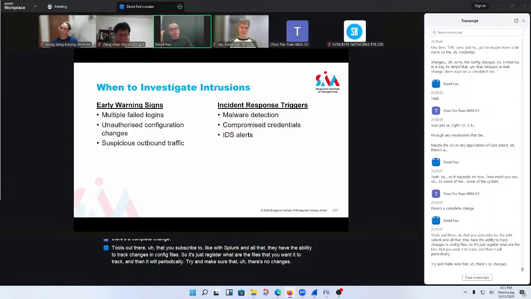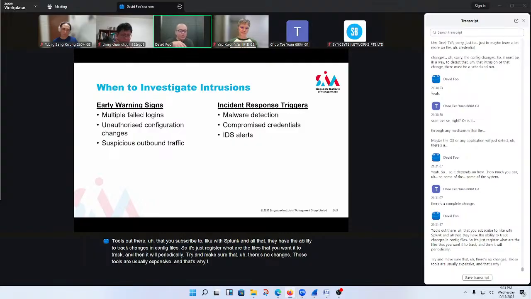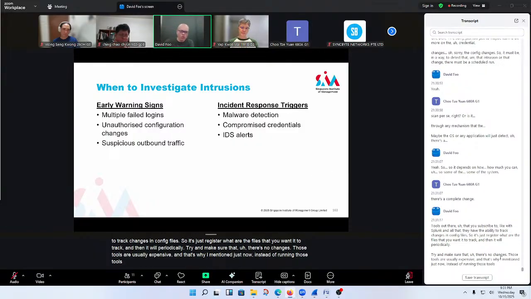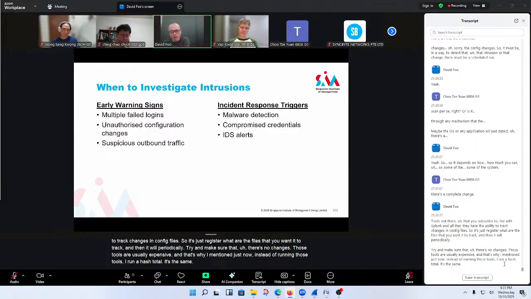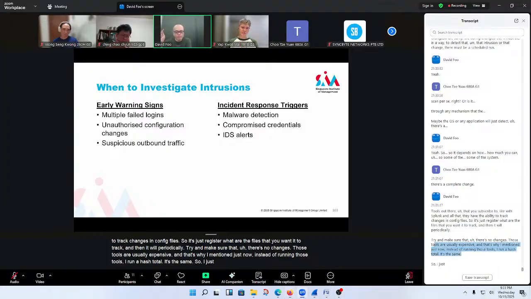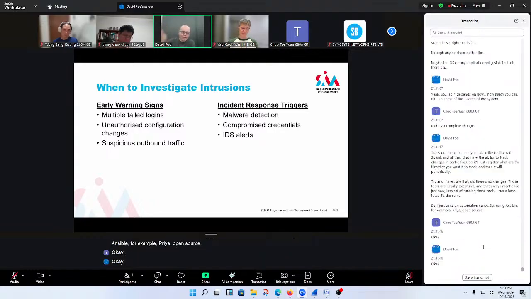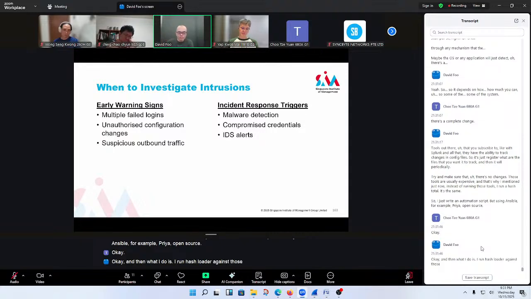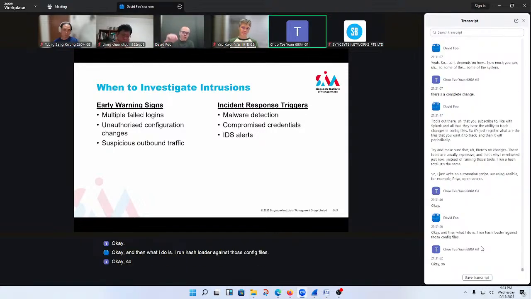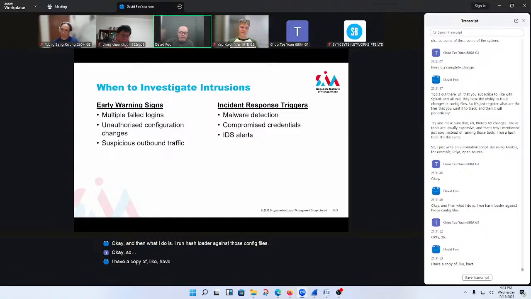Those tools are usually expensive, and that's why I mentioned just now, instead of running those tools, I run a hash total. It's the same. So I just write an automation script using Ansible, for example, free, open source. And then I run the hash total against those config files. I have a copy of that hash value stored internally as well.